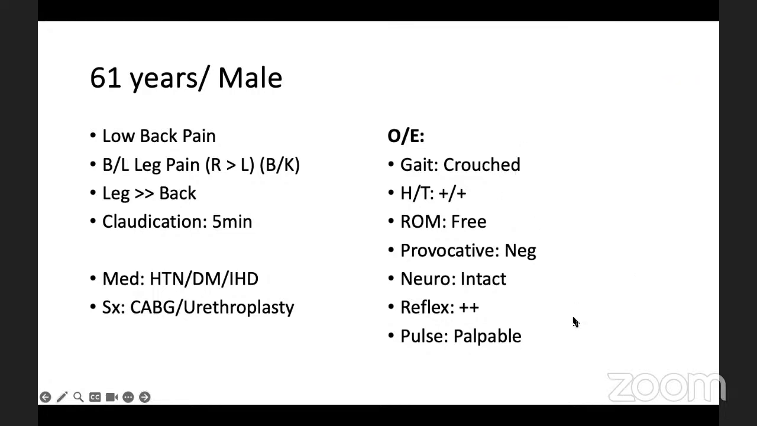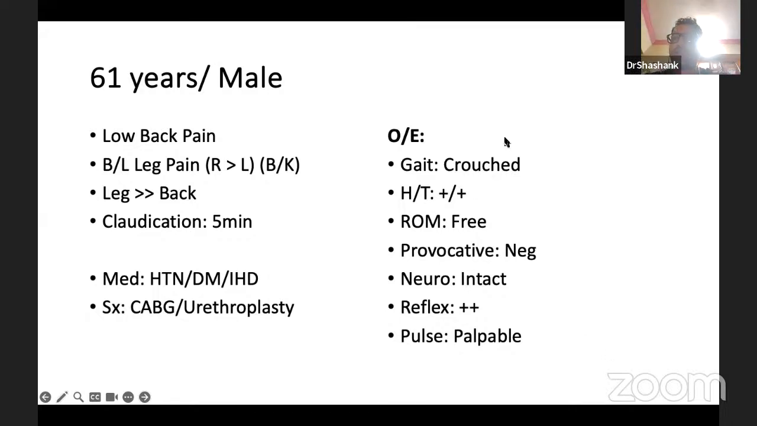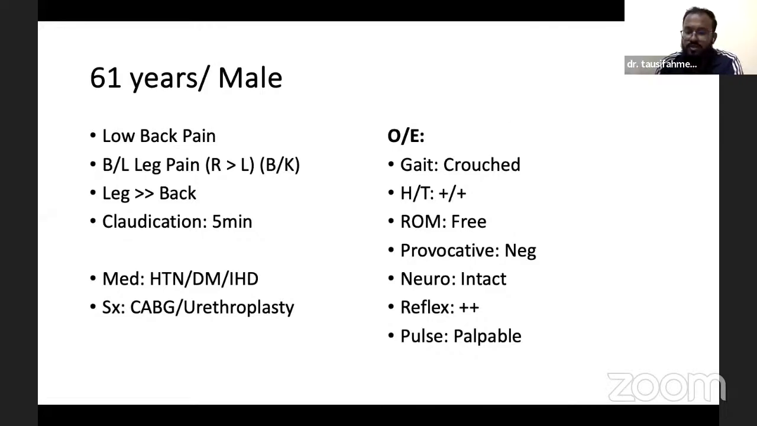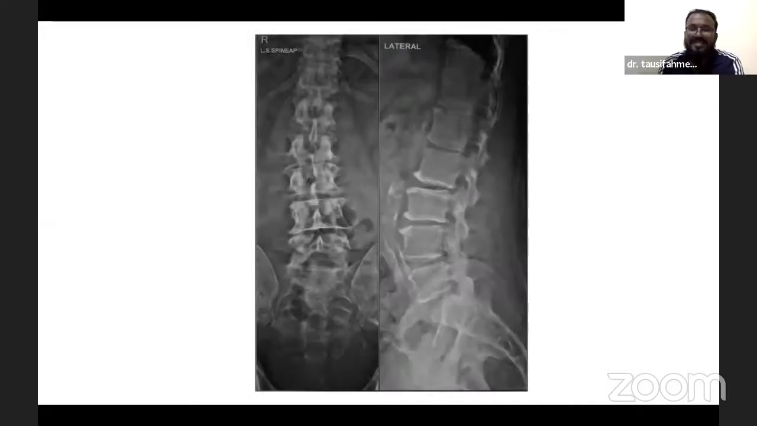Now, in terms of investigation, I would like to go ahead with the X-rays, dynamic X-rays, and then MRIs. Yeah. So this is the X-ray for you. What do you see in the X-ray? I just want to come in here. Just want to know